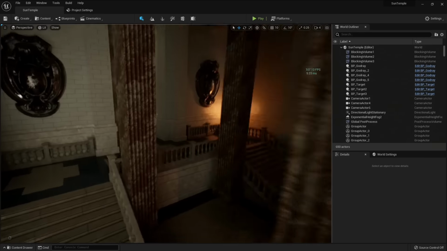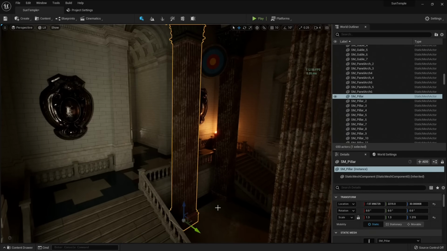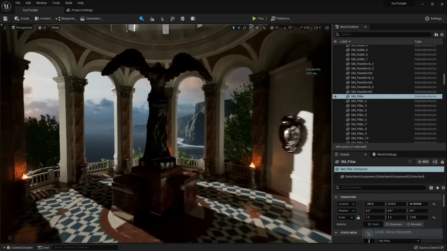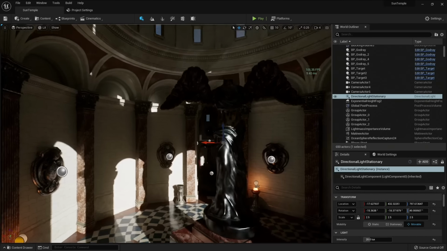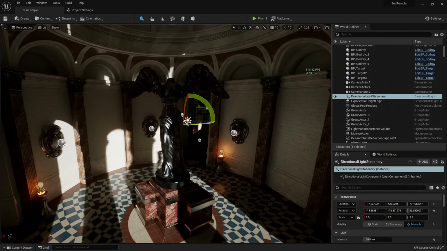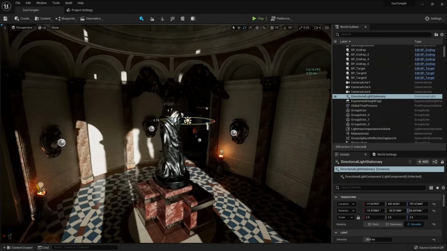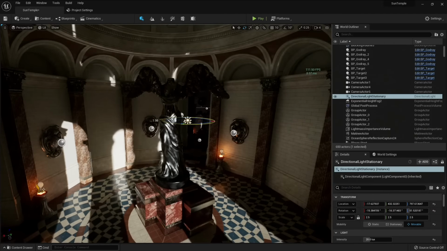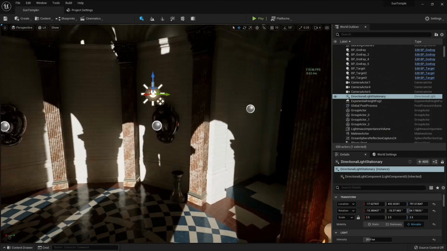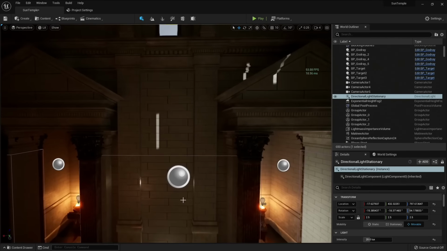Also now, if I move this pillar, we no longer get that weird lighting because everything you see here is completely movable. All the lights you see here are dynamic. For example, if I grab this light right here and move it around, you can see the lighting change dynamically. This was very hard to do in Unreal Engine 4, and now our lighting is up to date. This is an Unreal Engine 5 map,